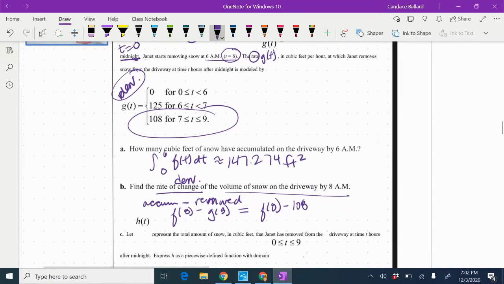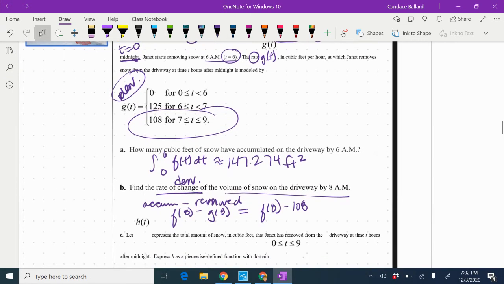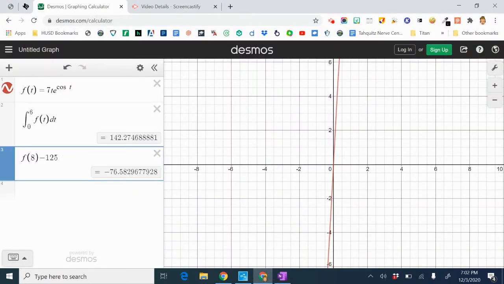All right, I made a mistake when I was doing part B. I picked between 6 and 7, and I should have picked between 7 and 9, so for the 108. I went ahead and fixed that. We're going to go into Desmos and fix that as well, and should change our answer to the correct answer, which is now a negative